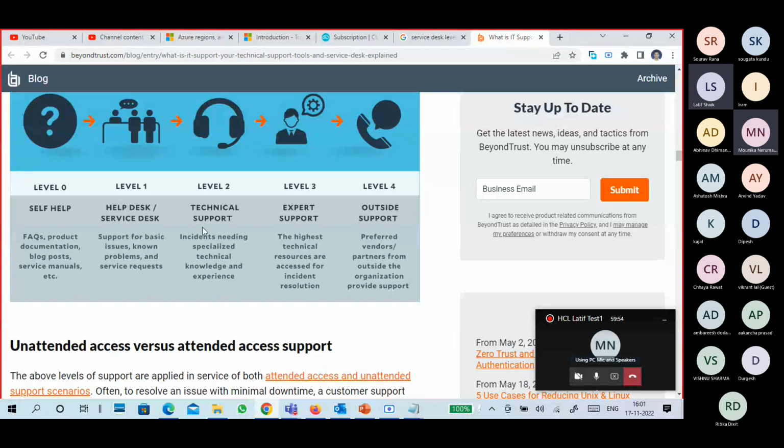Okay. So level 2 incidents need special technical knowledge and expertise. For example, a server engineer is there. He knows how to deal with a server, kind of stuff. He is an expert in server-related work, so he's service level 2 in server-related. And the networking guy, I know what has happened, networking related, VPN related, everything I'm checking. So I'm service level 2.